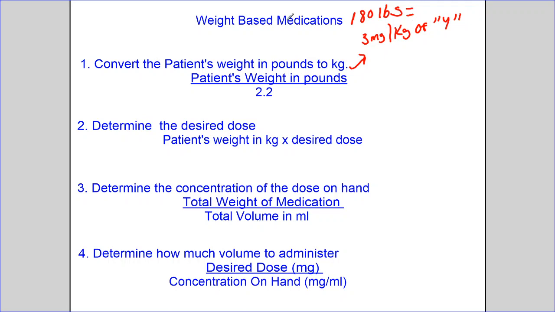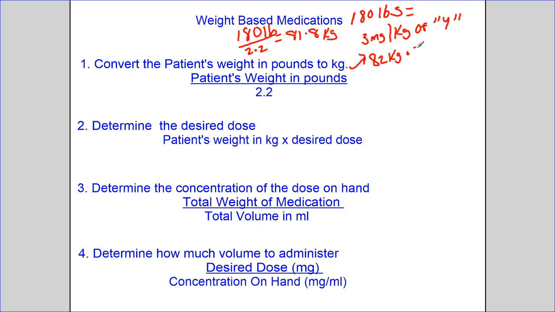Okay, so let me put up here what I did. Take 180, now divided by 2.2, and that gave me 81.8 kilograms. I need to put pounds here too. Okay, so you have 81.8 kilograms now. And so now all you got to do is this. So we need to give 3 milligrams per kilogram. All right, so what we can do is go ahead and round this to 82. So we can say 82 kilograms